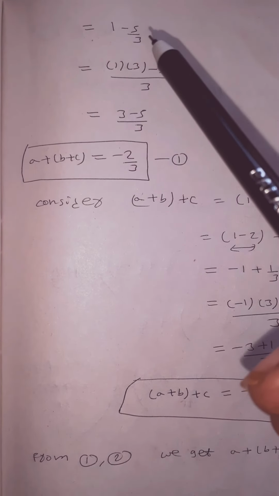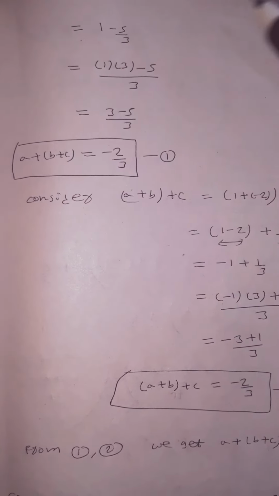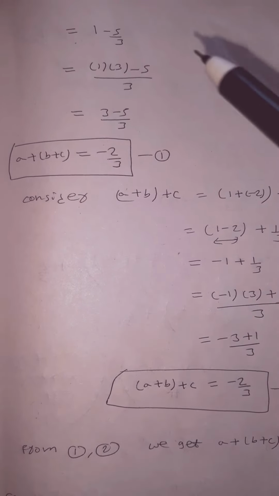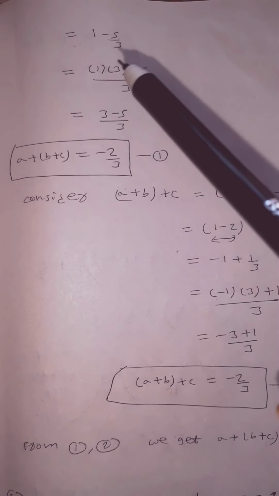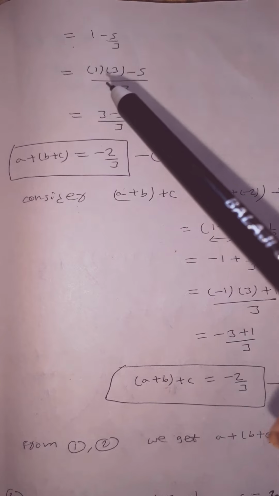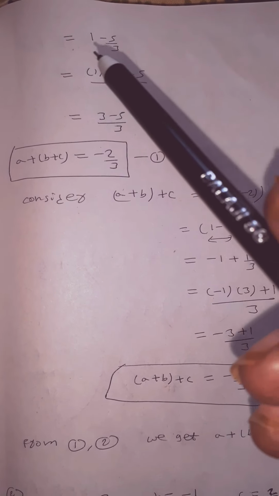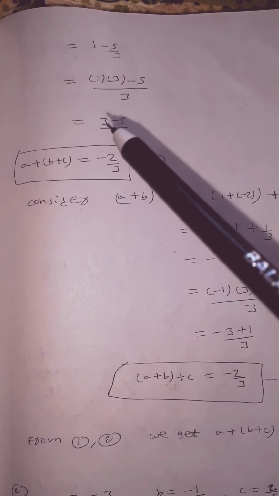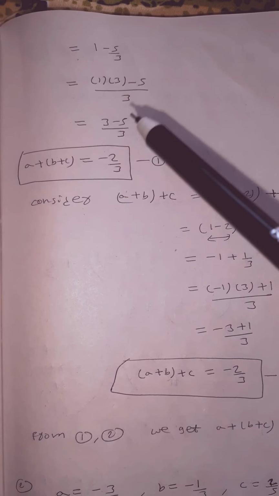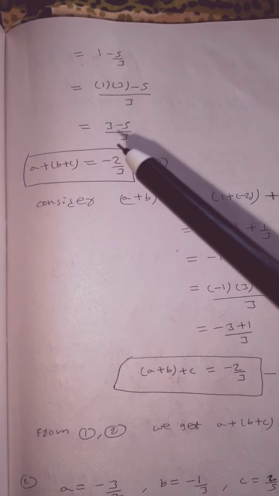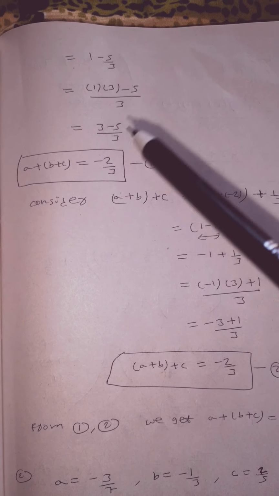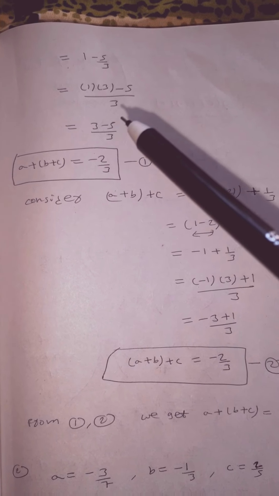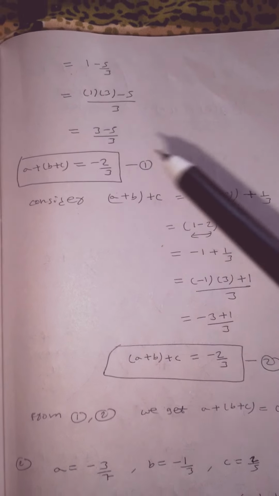So here LCM is how much, children? 3. Why? Because here 1 by 1. 1 comma 3 LCM is 3. So here 1 by 1. So write this 1 as it is. So here write this 3 here minus write this 5 as it is by 3. So 1 3 is how much, children? 3 minus 5 by 3. So 3 minus 5 how much, children? The big number is having negative 1. So we'll get the answer in negative. So how much? Minus 2 by 3.